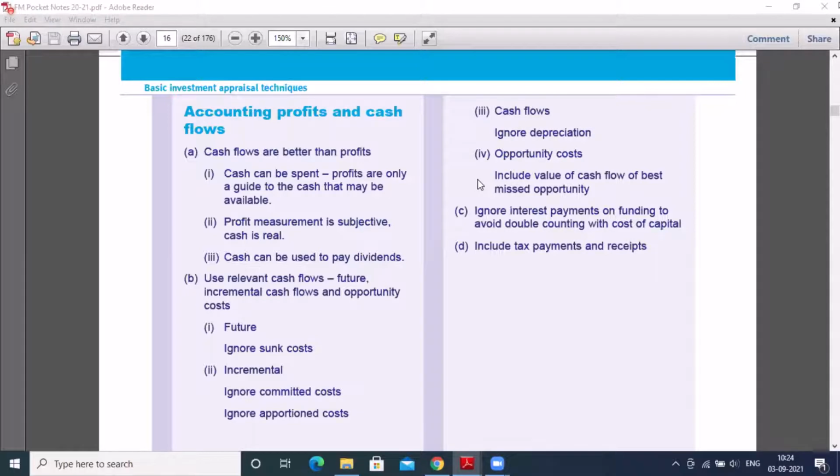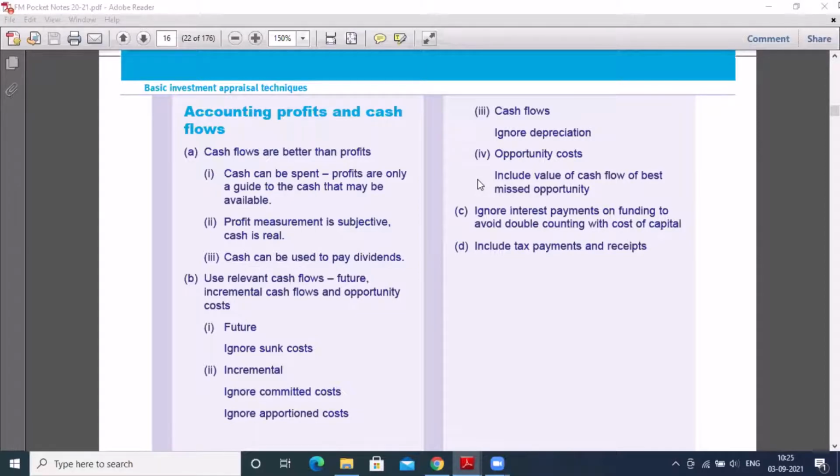Now, why do we consider profit measurement as subjective? Because we consider different accounting policies. Suppose I take depreciation as an example. Normally depreciation is a non-cash expense, but we still charge it as an expense in order to get the profit. We won't pay depreciation, right? It is a non-cash expense. There will not be any cash outflow on the depreciation, but we still recognize it as an expense, and accordingly we calculate the profit. In addition to the depreciation, there are other elements which make profit and cash differ.